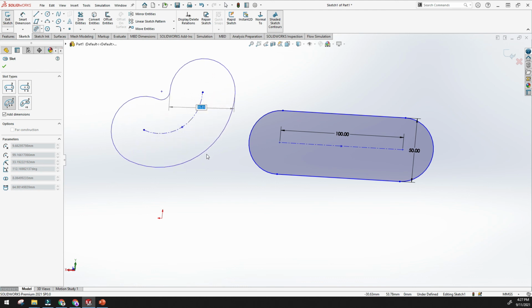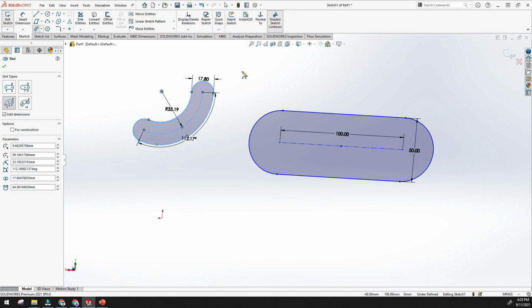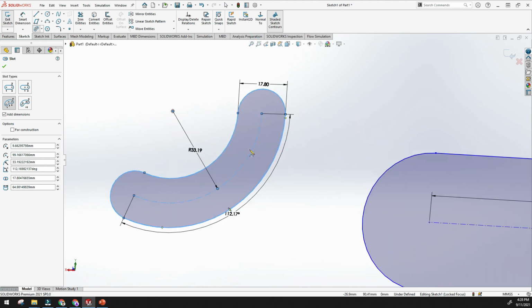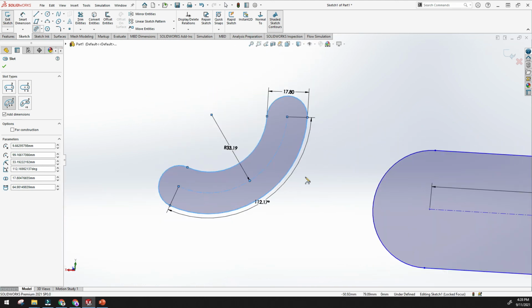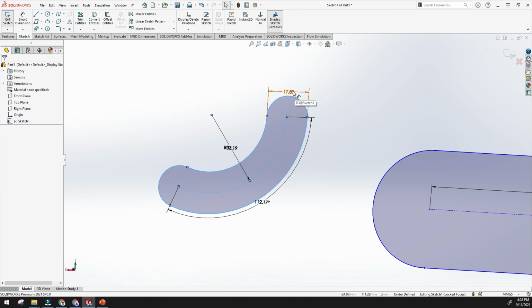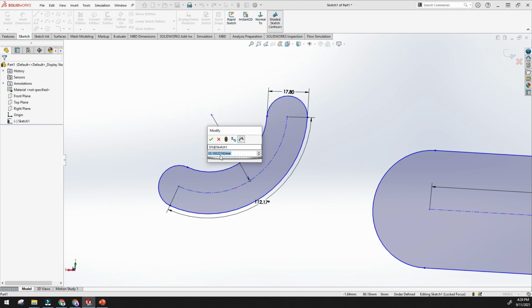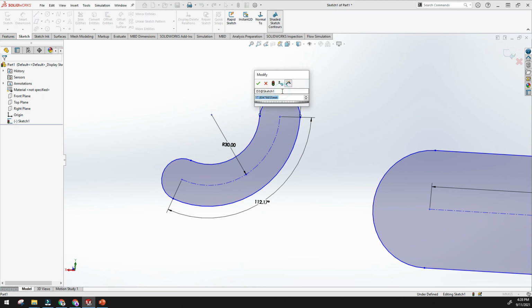And what should the pointer dimension be? So we mention it here, and we put the 3-point arc slot. After then click here, and now we edit what the radius of this arc should be, like 30. Here we change the width of this slot to 15,